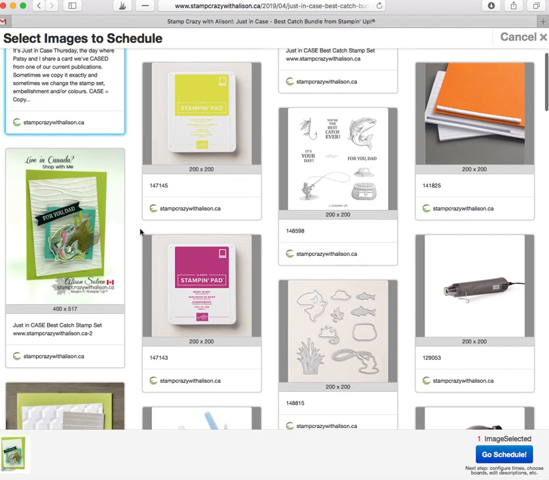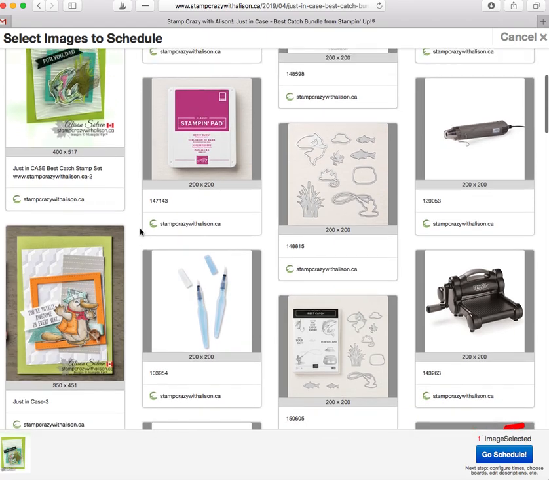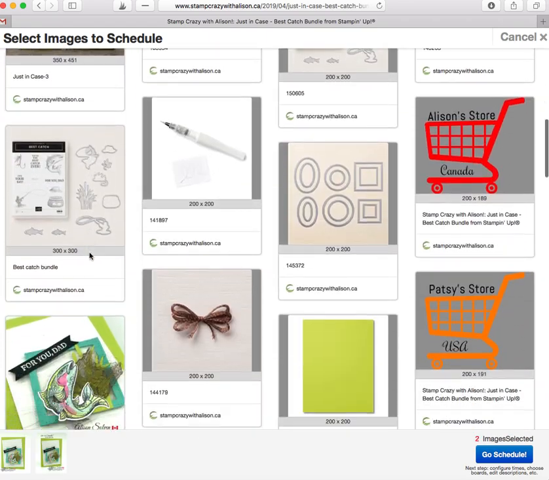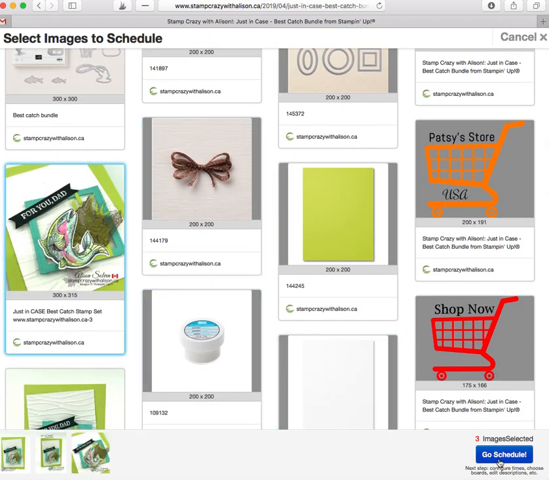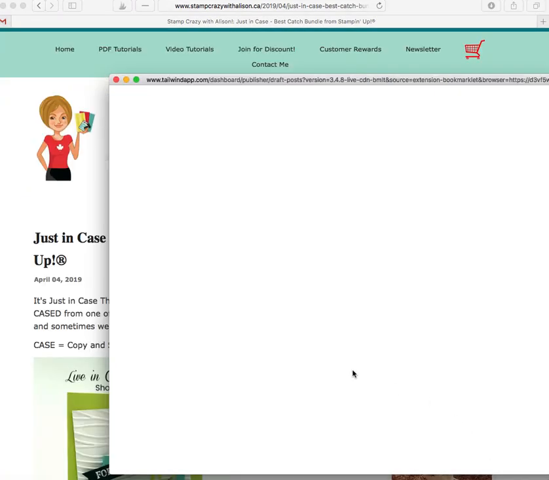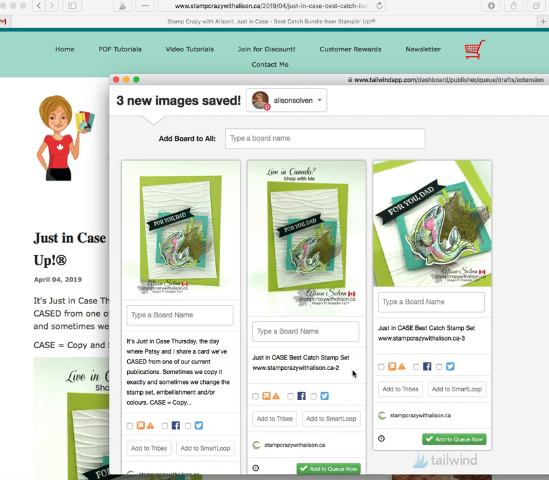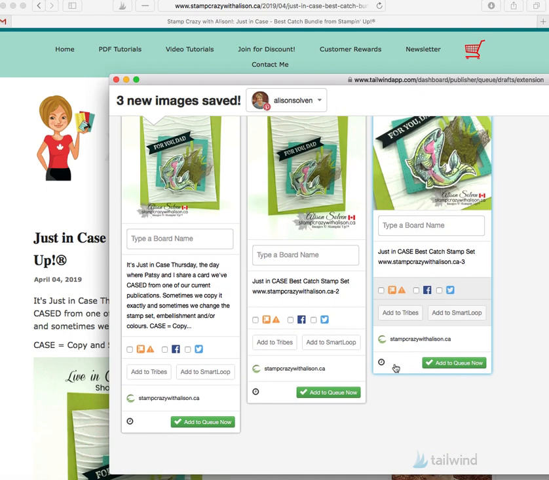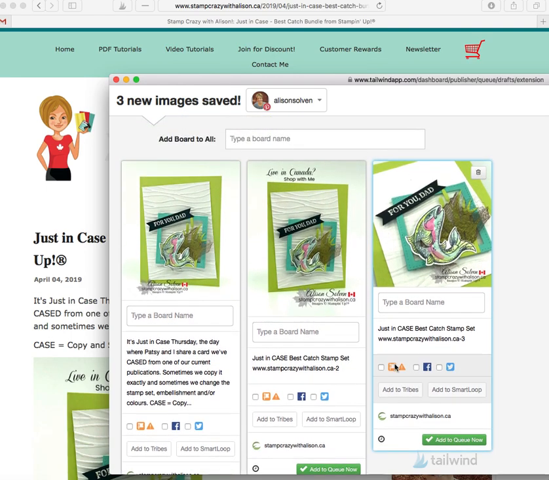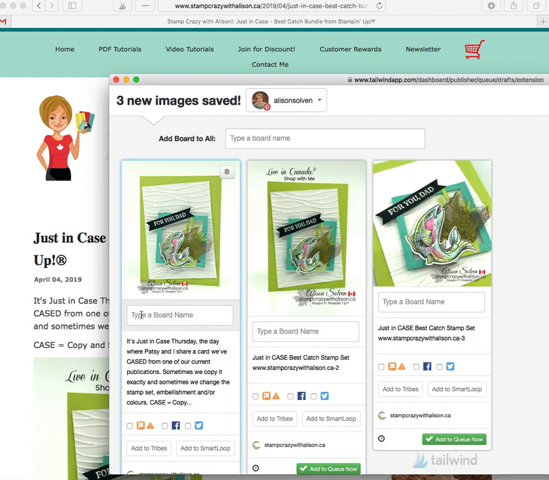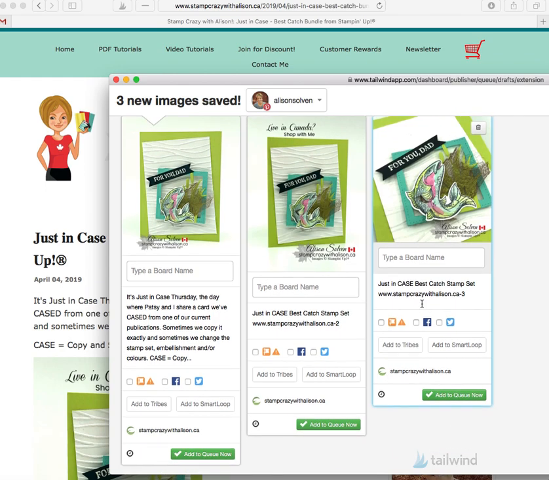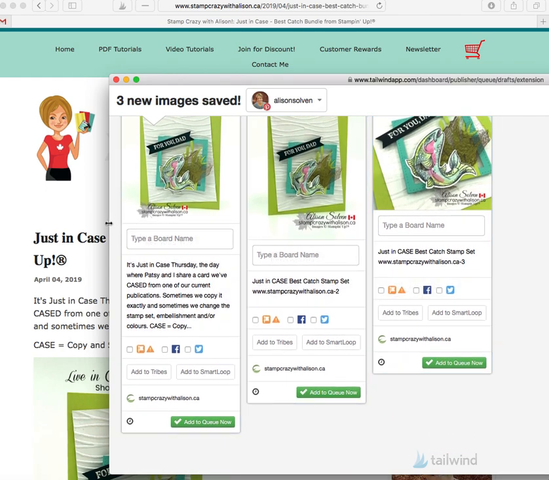So then I can go through here and select all the ones that I want, and then I go schedule, and then it opens Tailwind for me, and then here they are. And then I can go ahead and add the boards that I want to send it to, or I can just go back out and go to the next post and keep adding and adding, and then